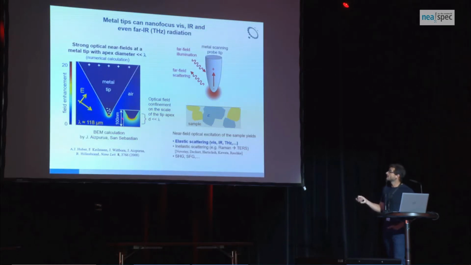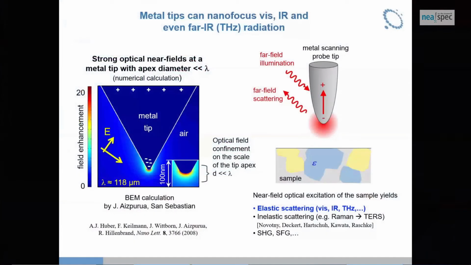Okay, so here's a simulation that shows what happens if we shine terahertz light on the tip. We polarize the tip, and we can describe this by a dipole. Light comes in, light comes out, and this tip scatters, and on top of that, it produces a near field. The near field is just hanging around here, not doing anything if we are far away from the sample. So now this scattering here is massive, and actually this is a dominant part of what we call the background,